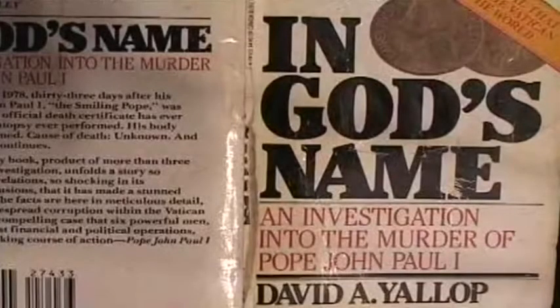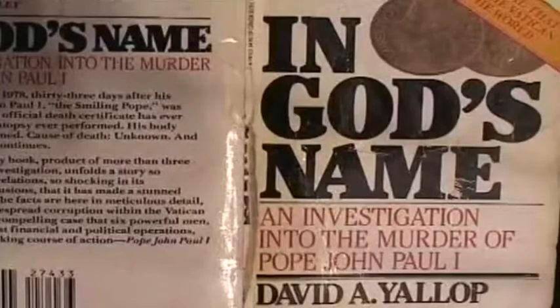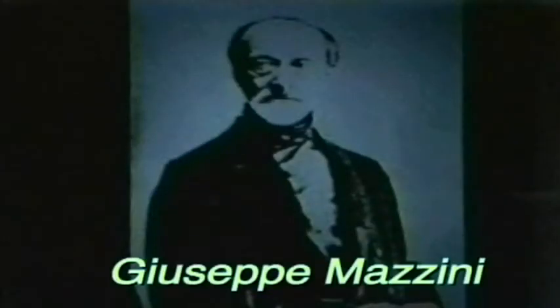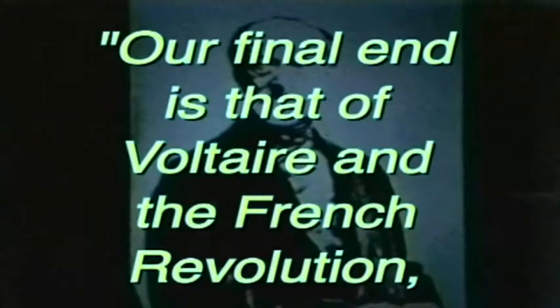David Yallop, in his book In God's Name, an investigation of the murder of Pope John Paul I, builds a case that the P2 Masons were involved in the murder of John Paul I, who served 33 days. We'll see a little later in the tape how significant and important the number 33 is to the Masons. Yallop says that the P2 Masons have interlocks with the Mafia. Maybe that's because both groups have the same founder, Giuseppe Mazzini. And Mazzini said, quote, "Our final end is that of Voltaire and the French Revolution, the destruction forever of Catholicism,"